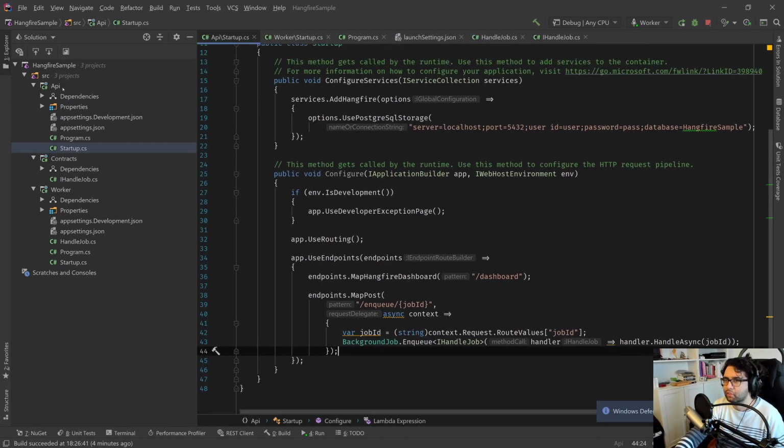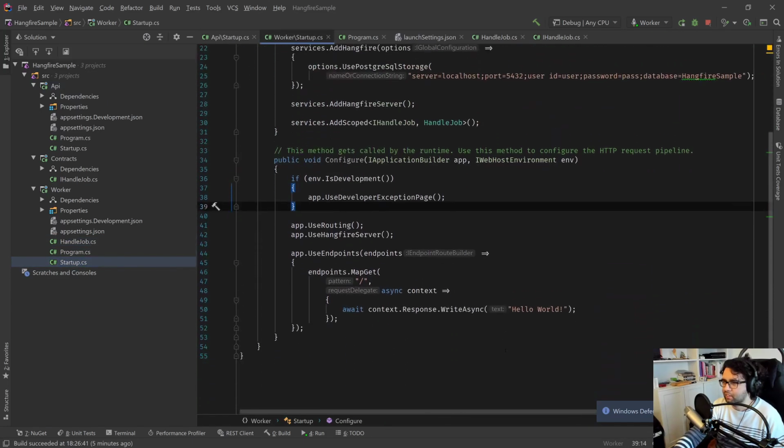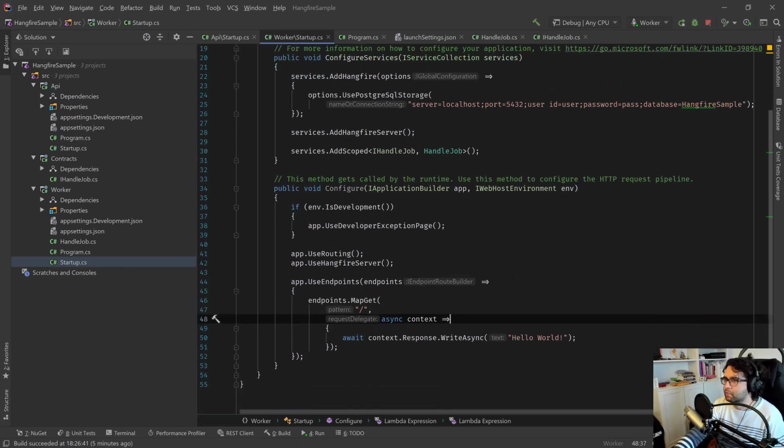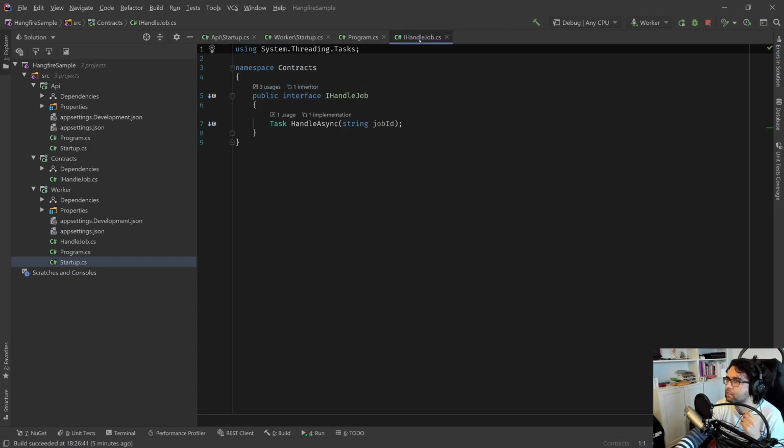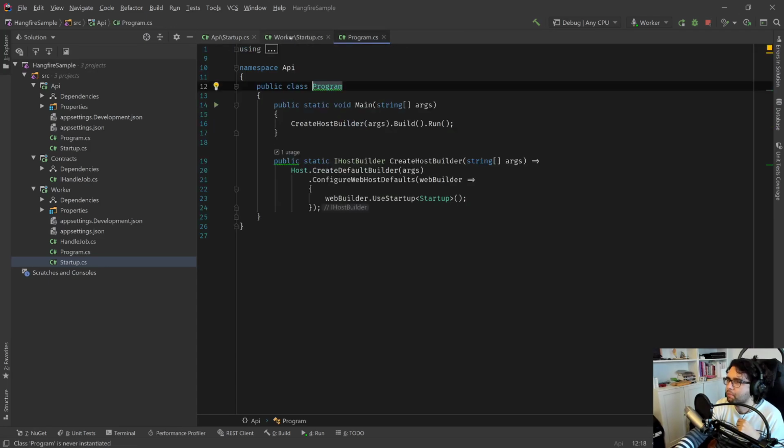And not only that, if you noticed, we have 2 separate applications. So it needs to use a database for this to work. So in this case, the API is just getting the request and putting it in queuing, which is basically writing to the database. And then somewhere the server in Hangfire's code is taking care of checking for jobs to do. So what I wanted to try, besides getting this to work, I wanted to try something, which was,